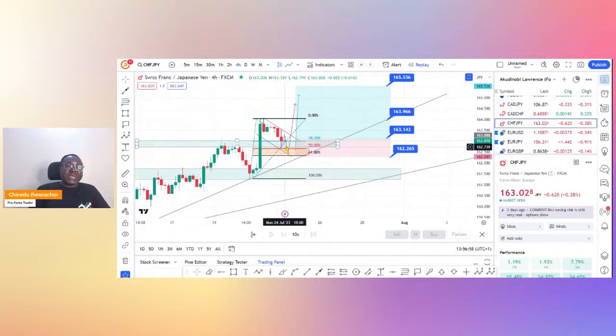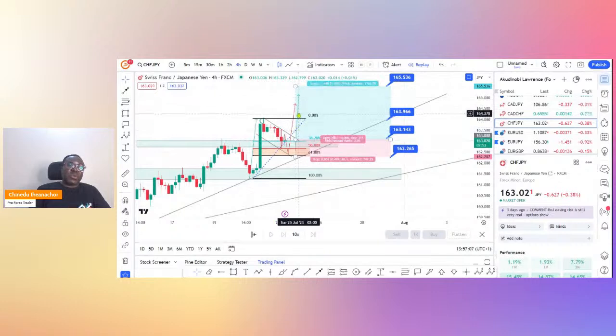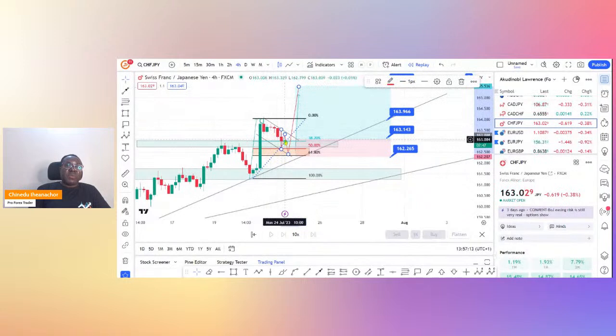But peradventure that doesn't happen, market might still pull back down into this zone between the 50 and 61.8% killer zone, and then make that strong bullish move. Don't miss this. If you miss it here, wait for the breakout. And the first level of target should be this all-time high of